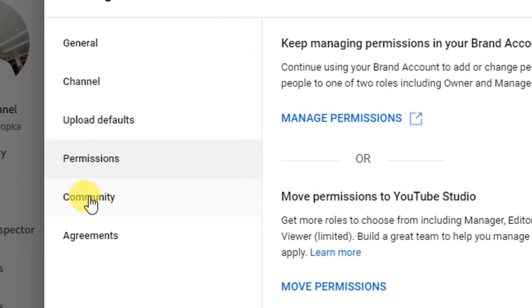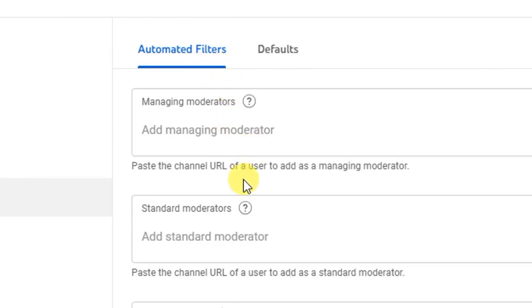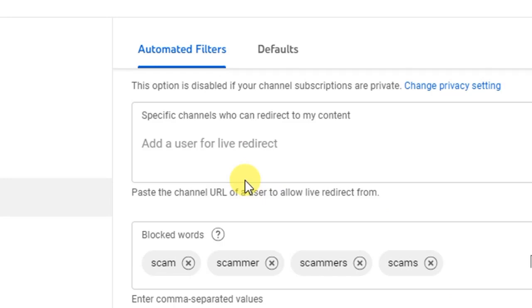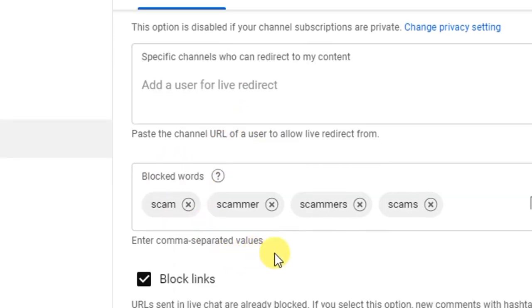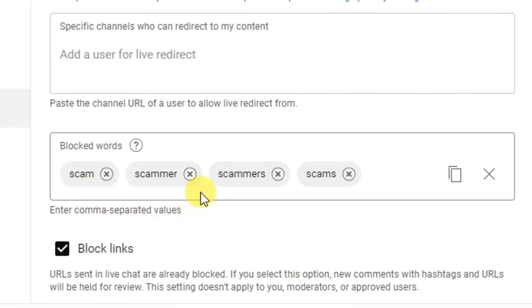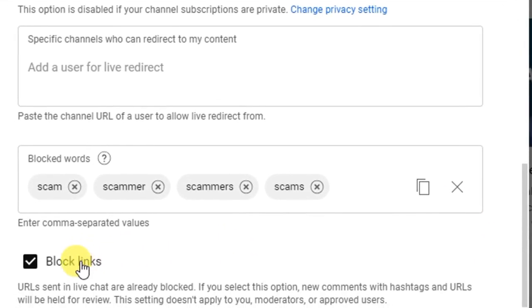Okay, now the next thing you see here is community. Click on community and you will see automated filters. Just scroll down. You don't need to bother yourself much here. Just scroll down and you are going to see blocked words. There are some words that I don't want people to comment under my video. You can see words like scam, scam. Then there are so many other words that maybe if you see that people are using abusive words, you can put that particular abusive word as a blocked word here, and that word can never be seen in your comment